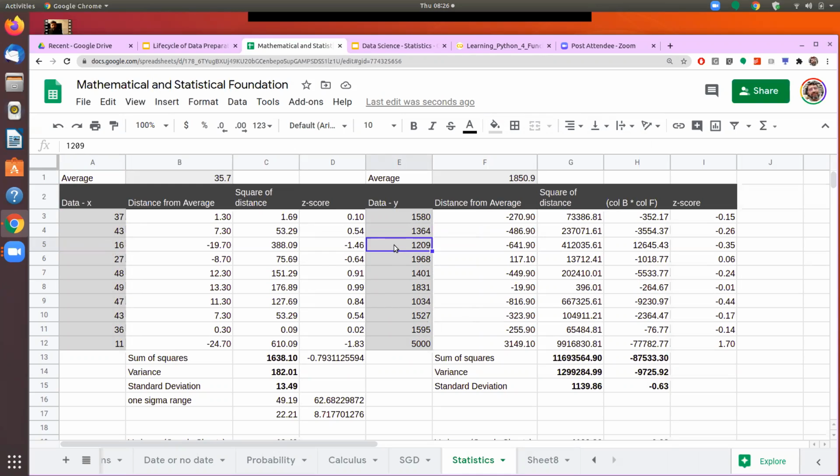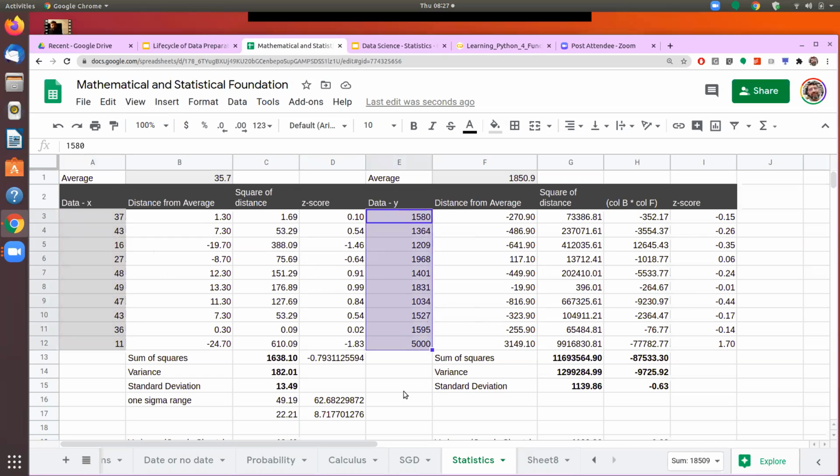So that doesn't look to be a very strong correlation. Sometimes when this goes up, this goes down. This is going down, this is also going down. Then again from 16, it goes up to 27. Here also it goes up to 19. And it almost doubles from 27 to 48, but this one comes down. So we are seeing that the movement of these is not really in the same direction. And therefore, it looks like these two data sets don't have a very high correlation.